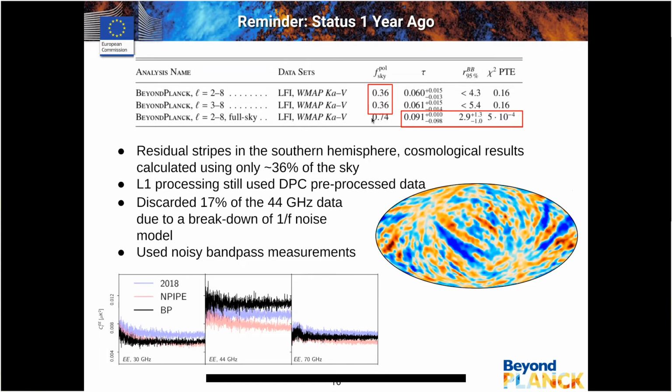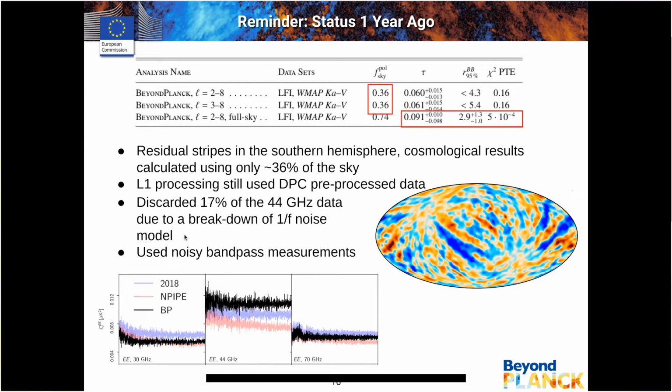And you can see that if we included the full sky map, our chi-squareds were very, very bad. And so that meant that basically we were throwing away half of our data at the end of the day, which was obviously not ideal. For the very low level processing, so the ADC corrections and other low level data features, we were still using the DPC pre-processed data. This was the thing that had been created in 2018, and we were not changing that at all or iterating on any of those estimates. So that was one thing that we have updated since then.